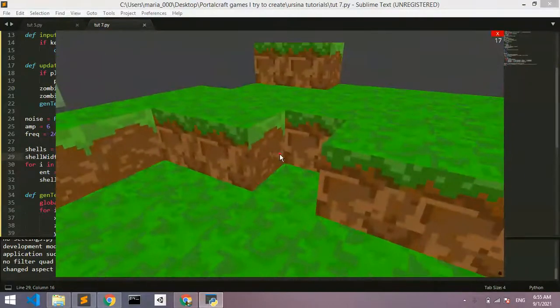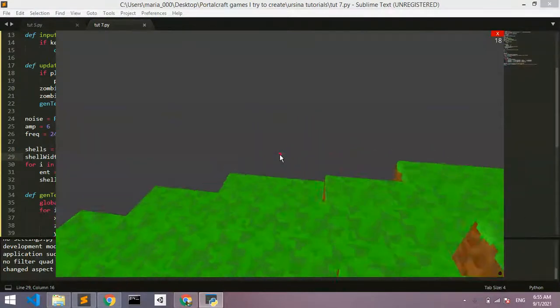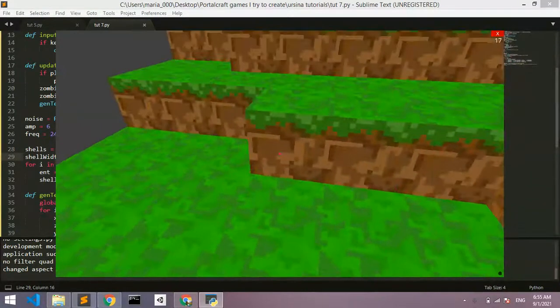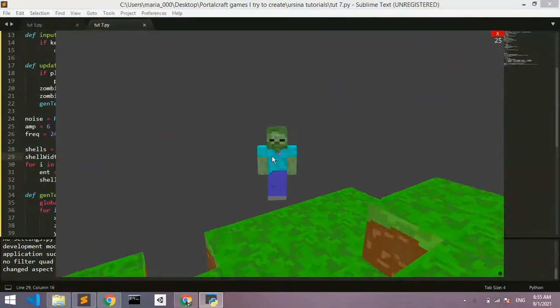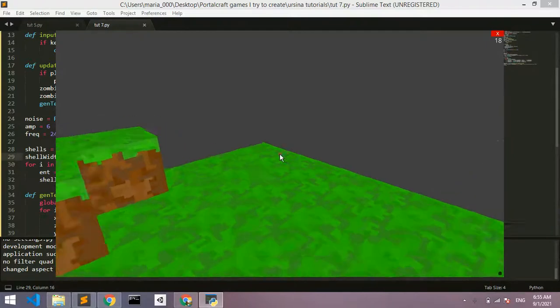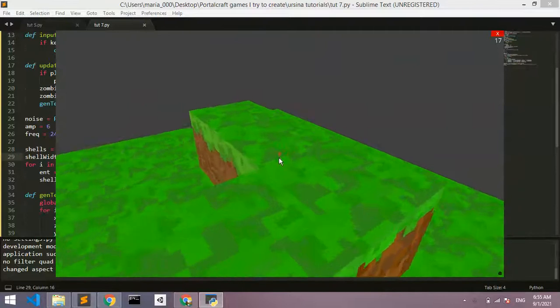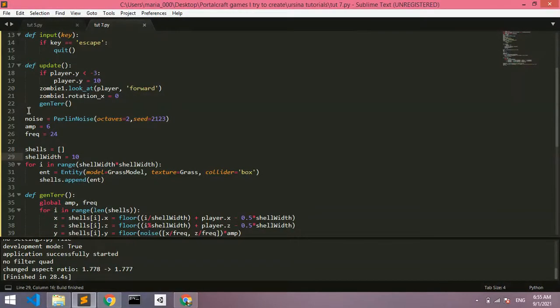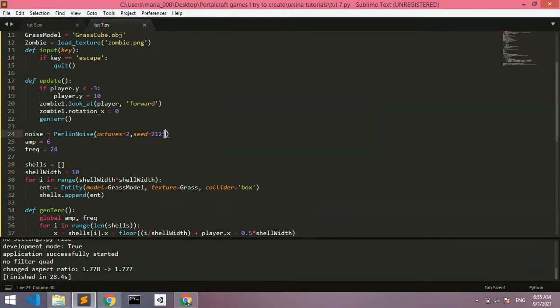So we've got a terrain with our own textures. We've got it random and it's generating each time we move, just like that. And we got a little zombie right there, which we will definitely improve later on, hopefully. So with that said, let's start off by making a huge boost to our world